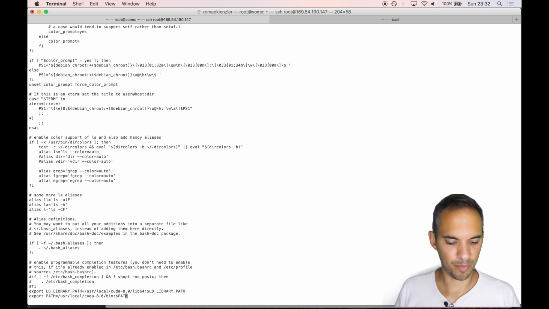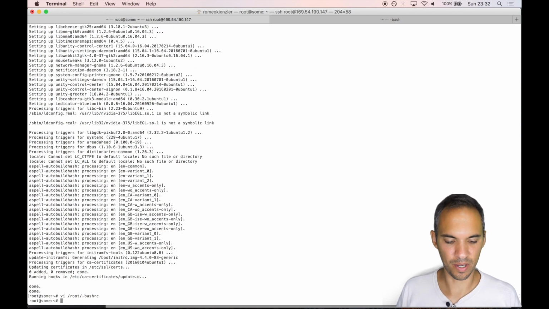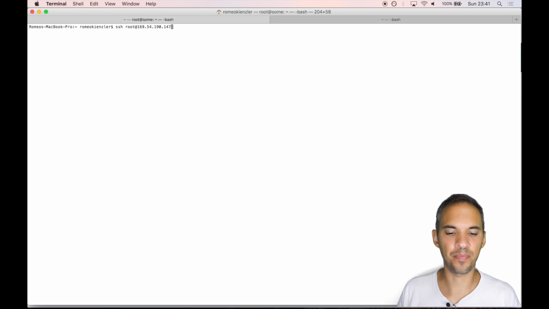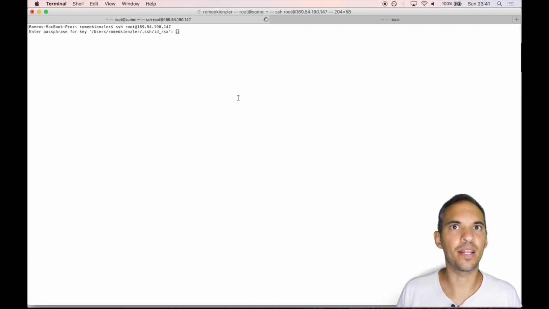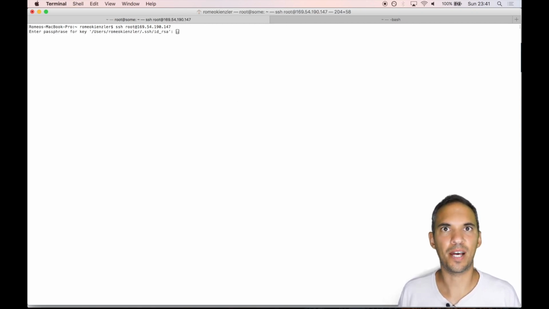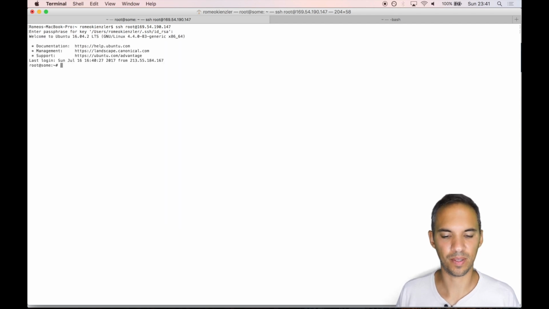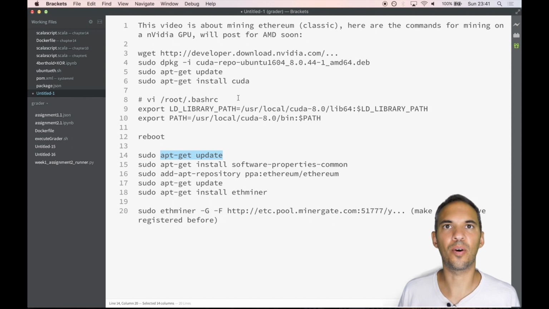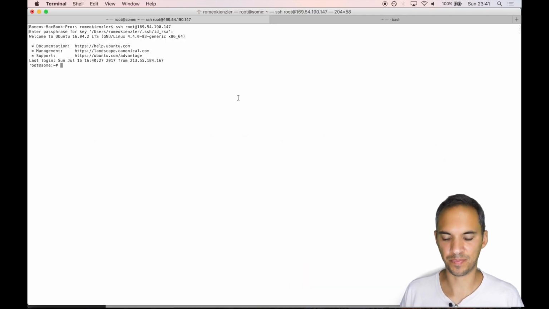Ctrl Shift G brings us to the end, and O is for edit mode, and CC. And now we reboot, and after some time we can relog in, and then the CUDA drivers are installed. So since the CUDA drivers are installed, now we only have to install the Ethereum miner,